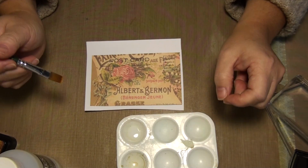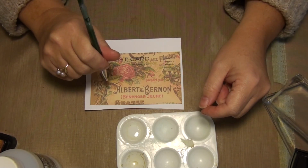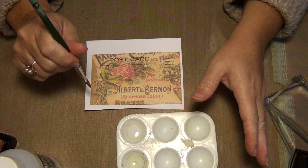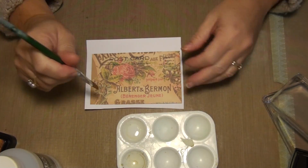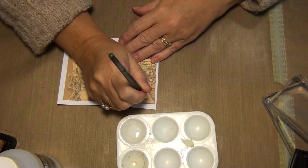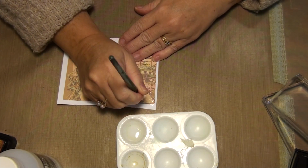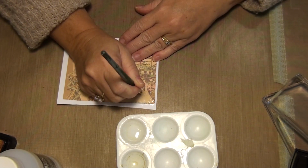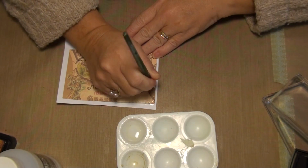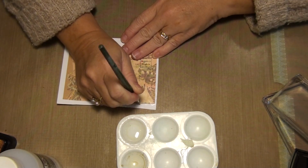What I do is I work in small circles with my brush straight up and down, and you do not press hard. A little goes a really long way. You don't need a lot, so less is better in this instance. I just dip the tip of my brush in, and I start in one corner. I swirl it in really small circles. When I'm looking at it, I'm making sure that I don't have super high ridges, so you'll go over it several times